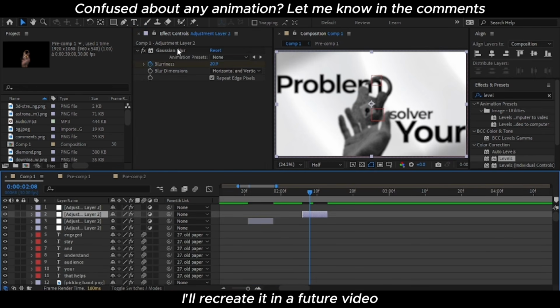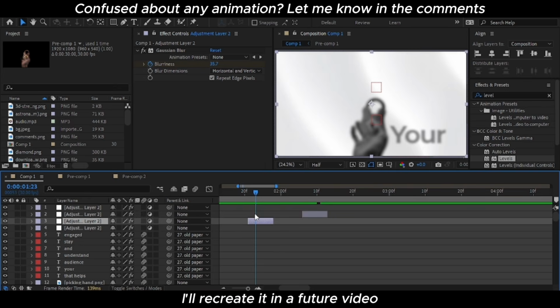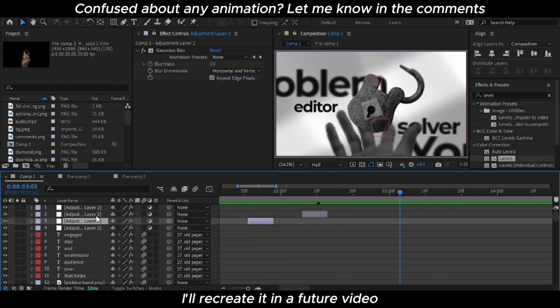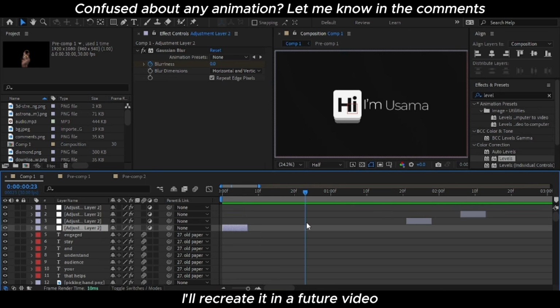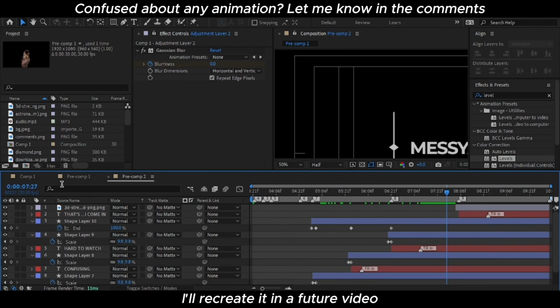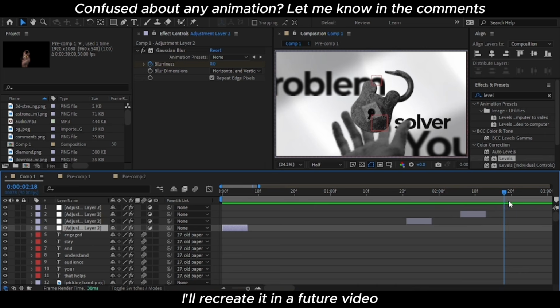I apply Gaussian blur to the adjustment layer and control it using keyframes. This adds a subtle dip and helps blend the animation together. And that's the breakdown of the